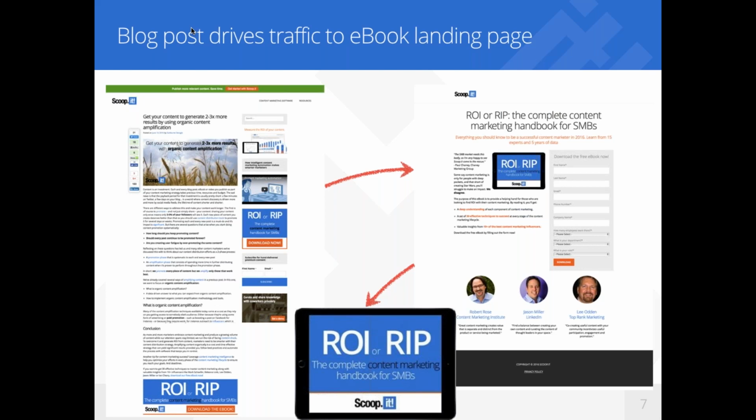ROI or RIP. And so you can see that people reading this blog post, if they like the premise of it, if they like the content that we've been putting on that blog, they're going to be more inclined to dig deeper and download the ebook on the complete content marketing handbook for SMBs. And we do that by placing calls to action, maybe in the sidebar, maybe at the bottom of the post. Doesn't really matter, but people reading that content will be exposed to that call to action and will be able to click. And you see we have a gated,